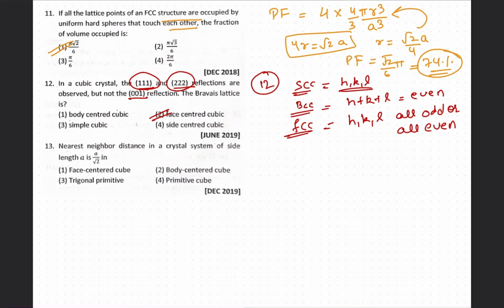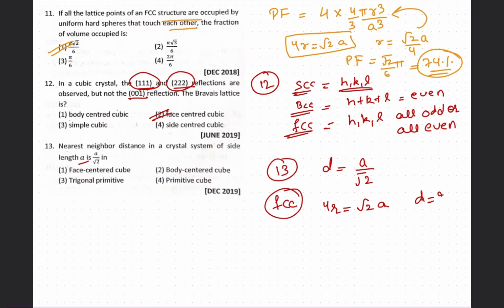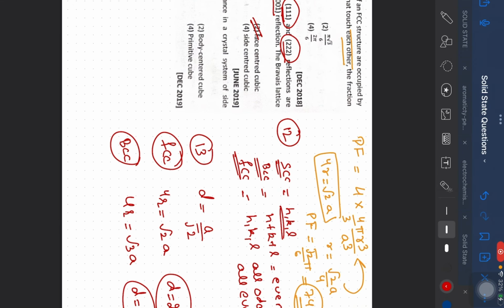Now the nearest neighbor distance in the crystal system of side length a is this. Now they have given the value of D, the nearest neighbor distance. So you have to tell which is the crystal structure. We know that in FCC, 4R is equal to root 2 A and D is equal to 2R, right? In BCC we know that 4R is equal to root 3 A and D is equal to 2R. Now you can evaluate